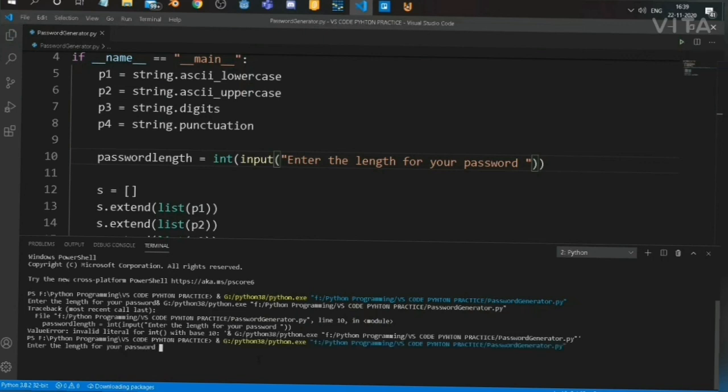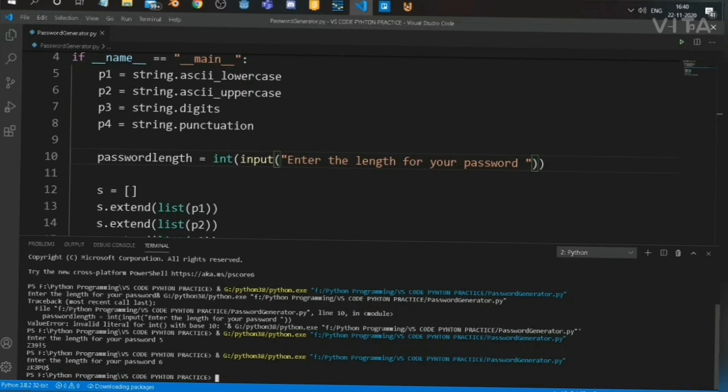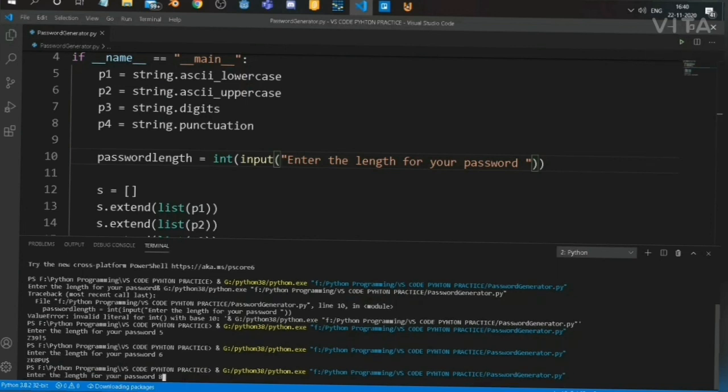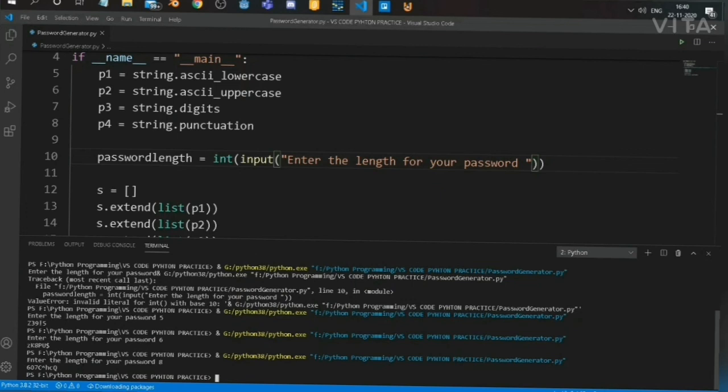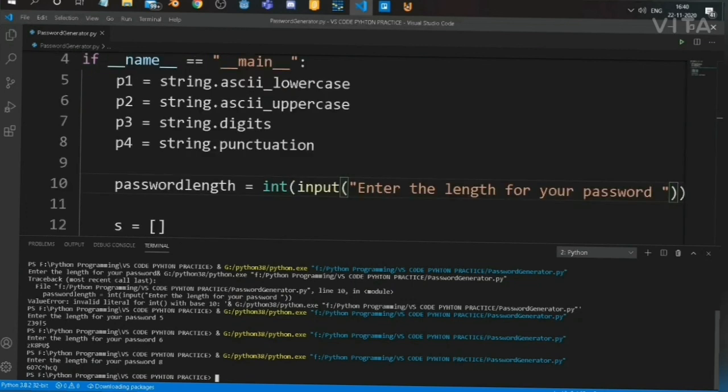Here we have 5, and when we press enter, a very unique password is created. Now let's try this again. Let's write 6 characters, and here it is 6 characters. Now let's try 8 characters, and here we have 8 characters. So here you can see that this is a very unique password.